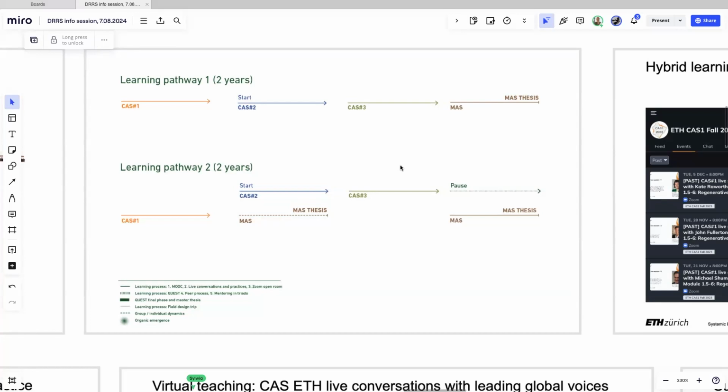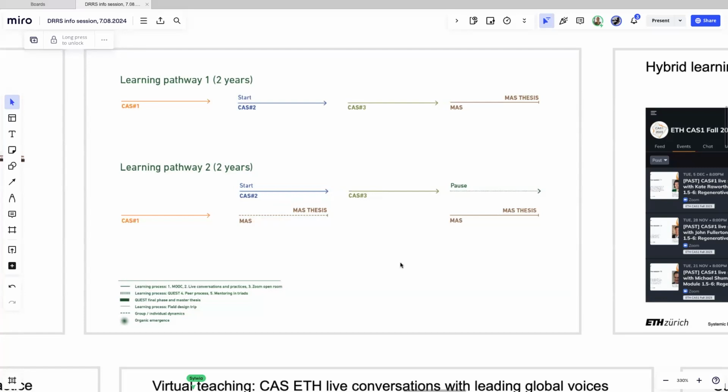Another one will take around the same time, but imagine that you want to start with CAS 2, so in the middle of the process. It doesn't really change the fact that you can do the master, but it will only take place at a different time. Starting from CAS 2, you move on to CAS 3, and at the point when we continue with students to proceed with the master thesis, there is a little bit of a pause for you.